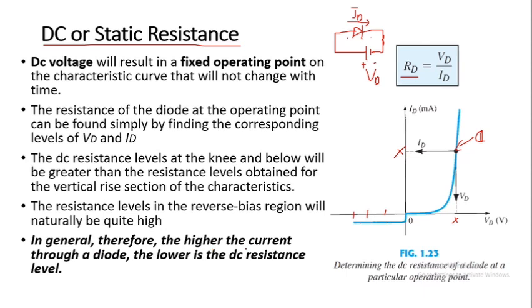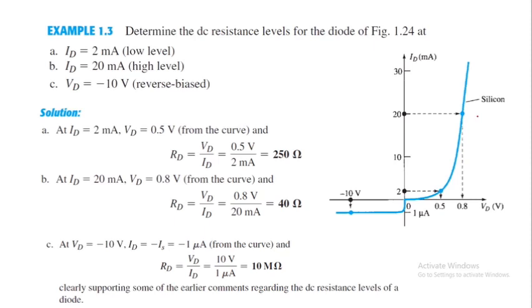In general, therefore, the higher the current through the diode, the lower will be the DC resistance. So if you see in this equation, the higher the denominator value, the lower will be the value of the resistance. That is, the higher the value of current against a certain value of voltage, the lower will be the resistance, and vice versa. With an example, we can explain how the value of resistance changes against the point of operation in